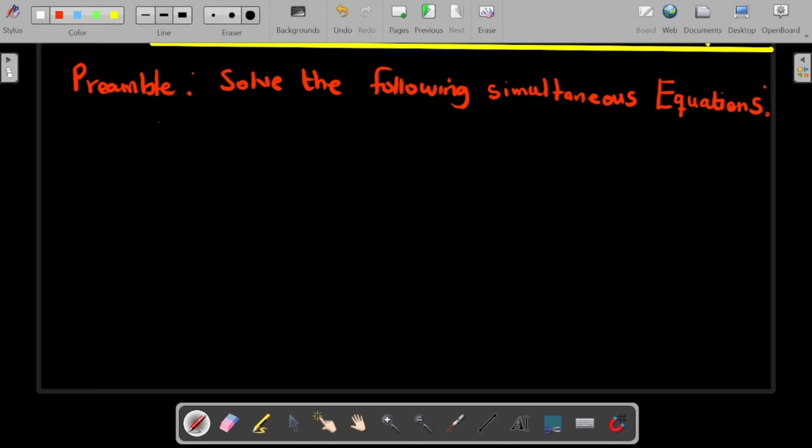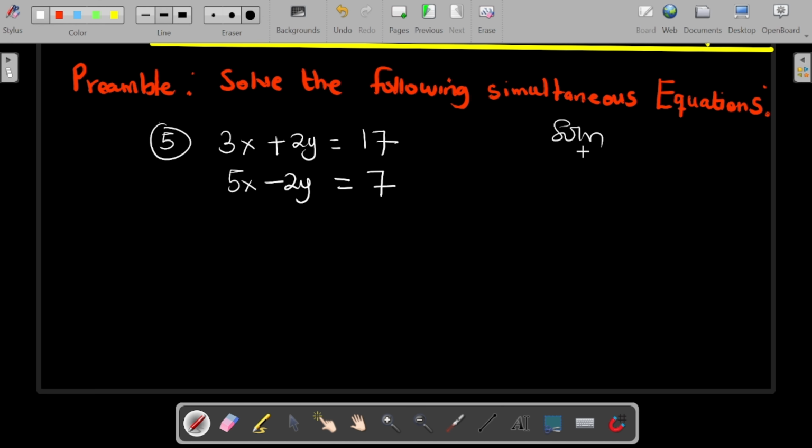All right, so our last question on this particular preamble will be 3x plus 2y is equal to 17, and 5x minus 2y is equal to 7. So to solve these equations, this is equation 1, this is equation 2. We look at the terms, we realize that there's a term in x, which is 3x, first term. The next term is also 5x. It means that we have a variable that we want to look at first as first terms in both equations. You get it? So from here, we can say, okay, then x will be equal to,